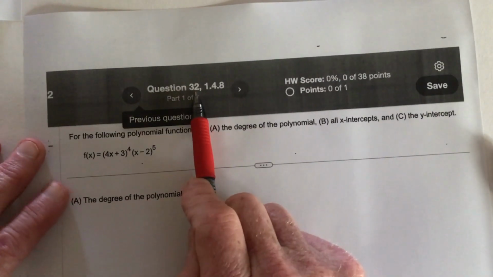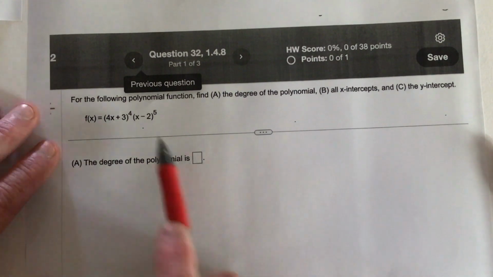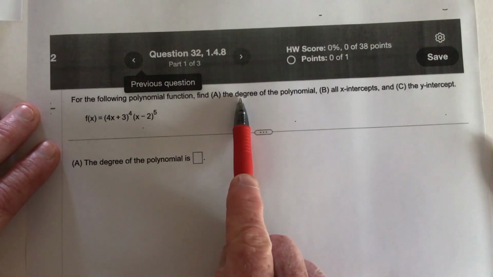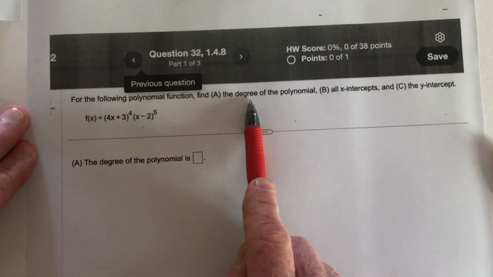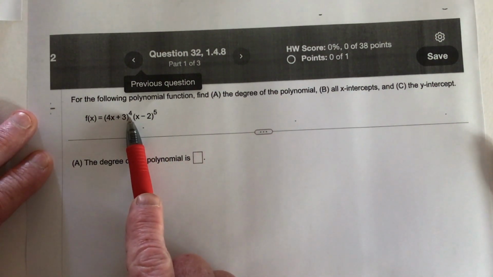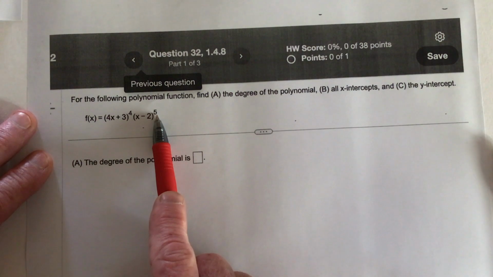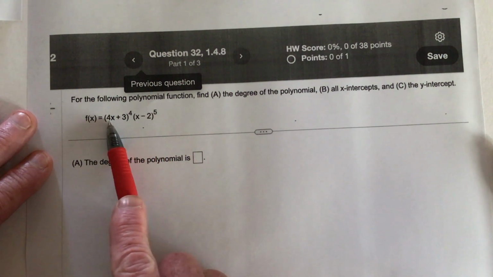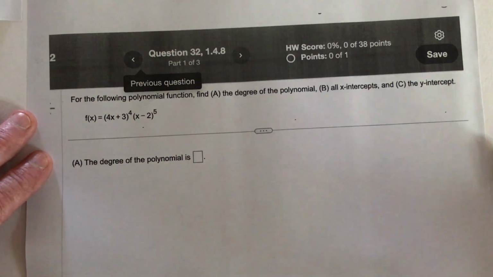And then there's just one more that I wanted to do, and that is way over here at number 32. For this function, what's the degree? This means what's the highest exponent? Well, this is to the 4th, and this is to the 5th. So if you multiplied all of this out, which I'm not recommending you do,